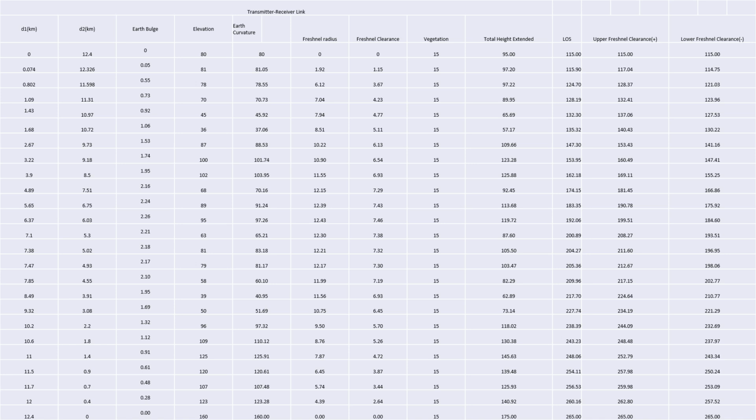And the formula used for our line of sight is receiver elevation plus antenna height, plus the quantity of the transmitter elevation plus antenna height minus receiver elevation plus antenna height, times d1 over the total distance.